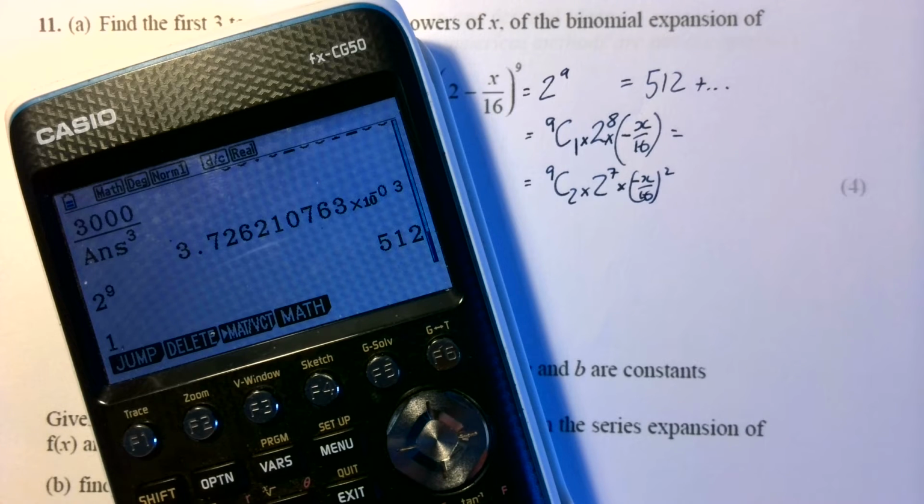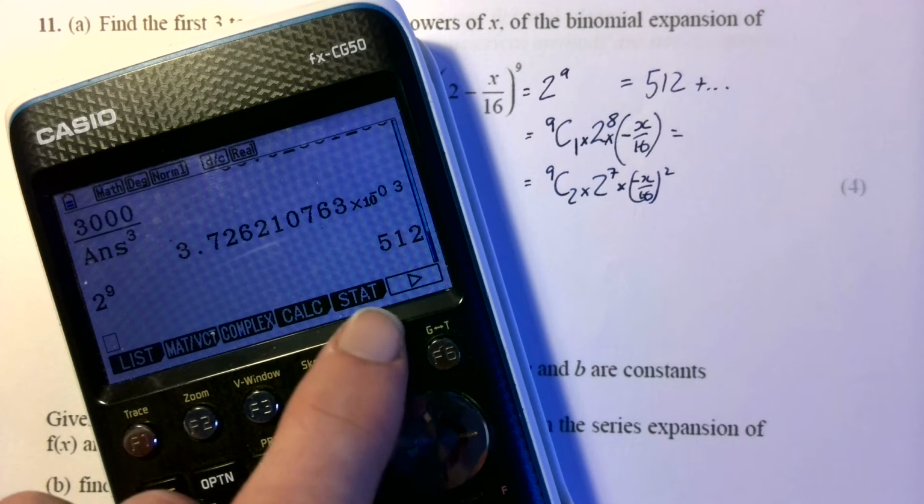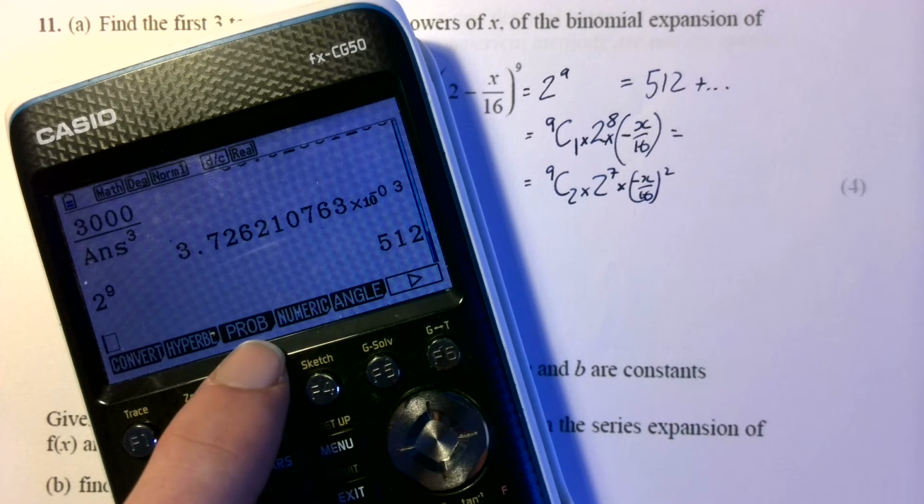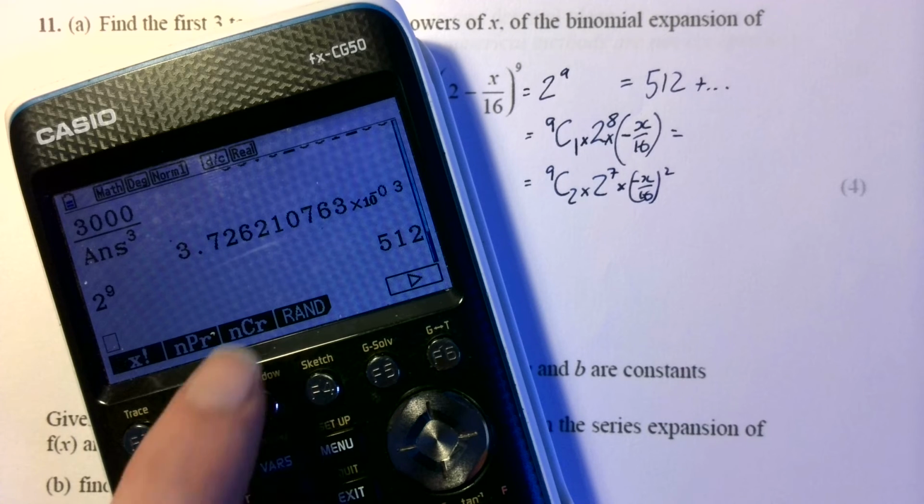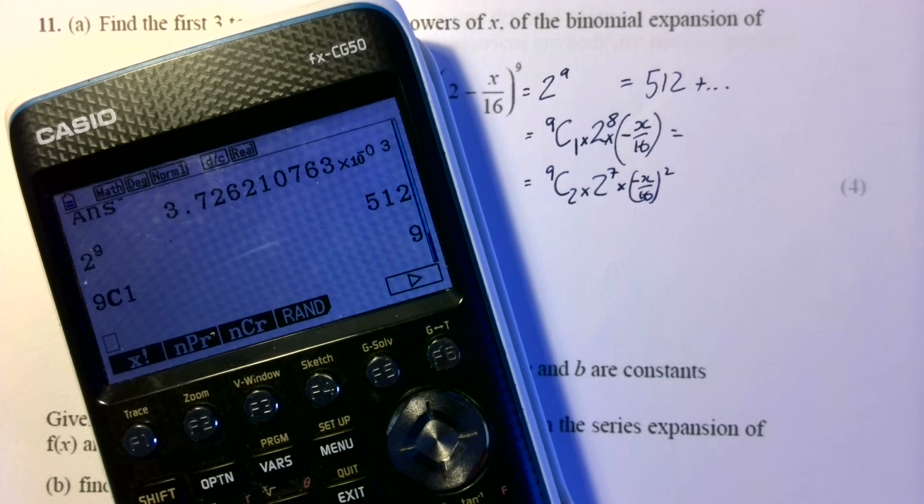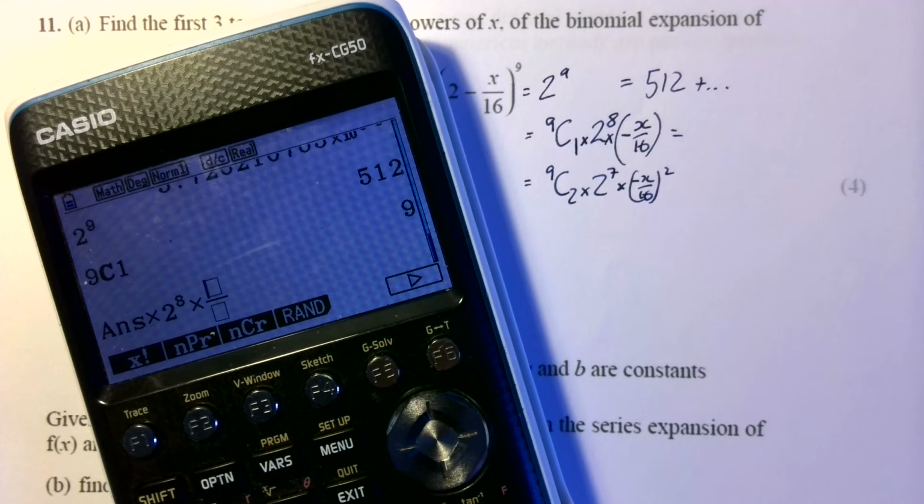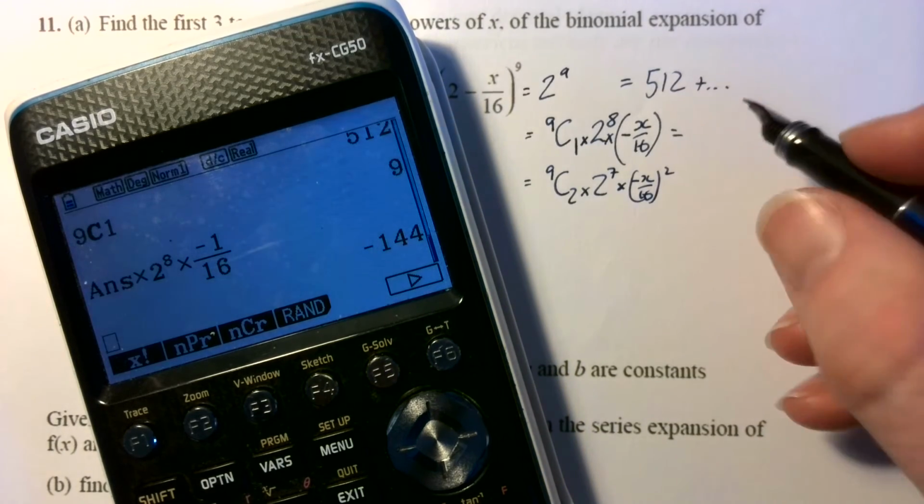So go to 1, we don't want maths, so we go option, then it's not statistics, it is probability. So probability being there, then it's NCR, so it's 9 choose 1, which is 9. And then we're going to multiply that by 2 to the power 8, and then we're going to multiply that by negative 1 over 16, and that's giving me negative 144